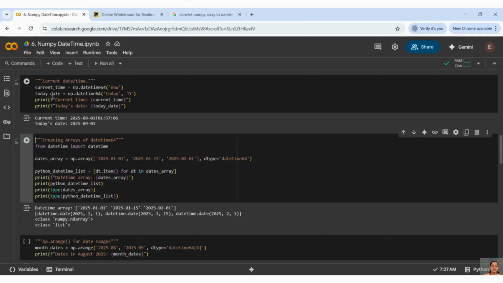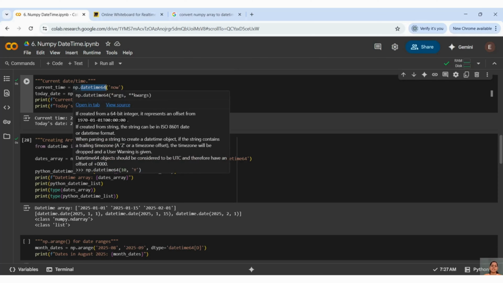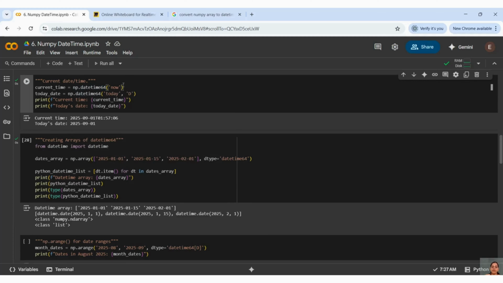Of the day. Similarly here, you can just input like this. Everything inside datetime64 is presented as a string. If you see the docstring, it says it is created from a string, it is a presentation of a string. That's why you are giving now.